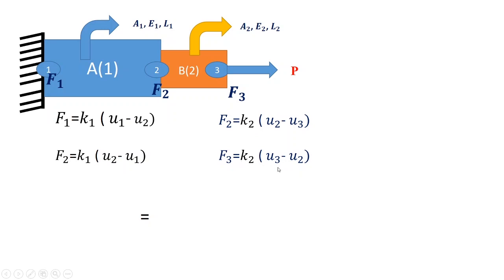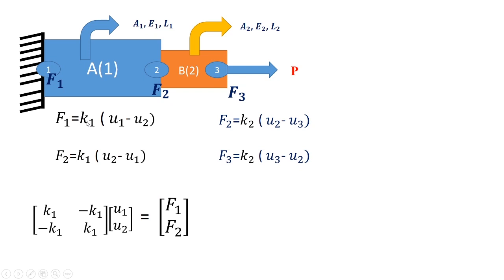So this is the most important step. So what I have done, see, try to understand this step. What I took, K1 if multiplied by this, so it is positive term. Just I will write the whole matrix. Got it? So what I have done, I took F1 and F2. Now here variables are what? U1 and U2. So I took another matrix for this, U1 and U2. Now if you see K1, this one is positive. Now K1 when multiplied by U2, this is negative, so I have written minus K1. Again I will repeat. See, K1 if multiplied by this is positive. If K1 is multiplied for this one, this is negative.